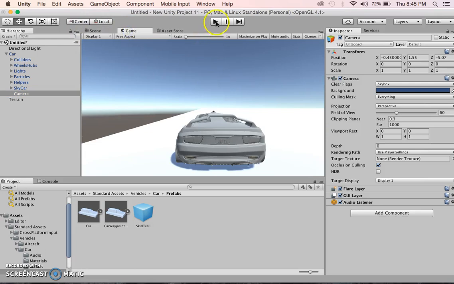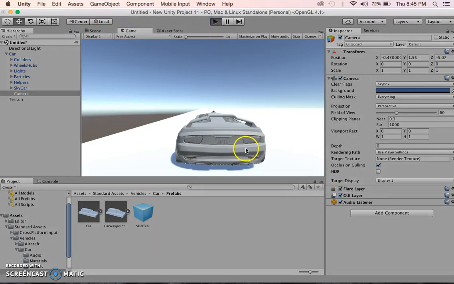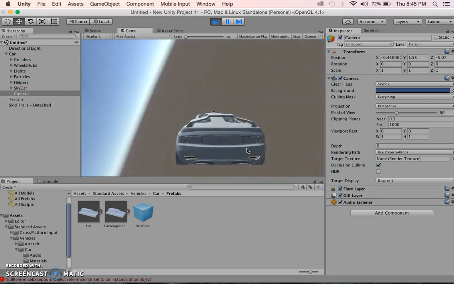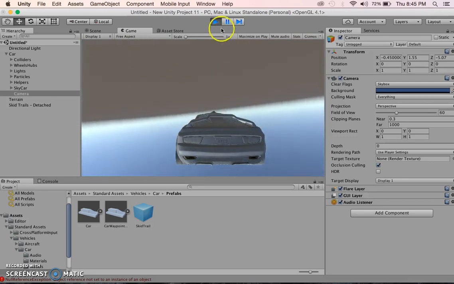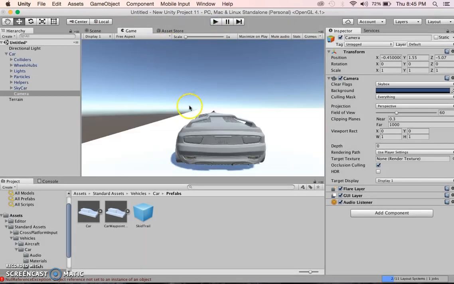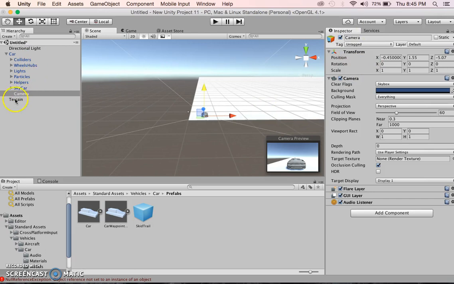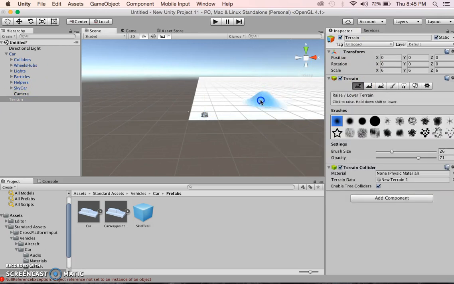if you click on game, press play, should, okay, so now you have a working, this is going to go off the edge, okay, so now you have a working game. So if I just reset that, what you could do, if I click on scene again, and then just click on terrain, and just to test this out,